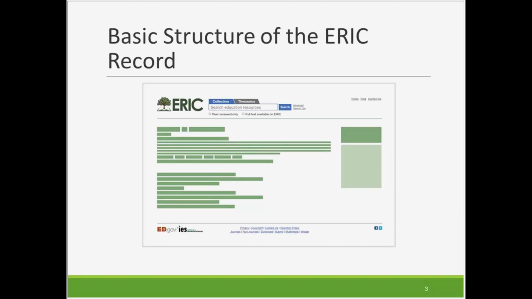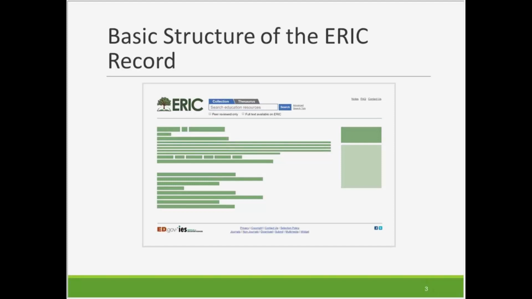But before we get started, let me say a few words about searching in ERIC and the data fields. Not all of the fields in ERIC are searchable. ERIC prioritizes the title, author, source name, abstract, and descriptor fields because those are the ones that contain the most information or the information that most researchers seek.